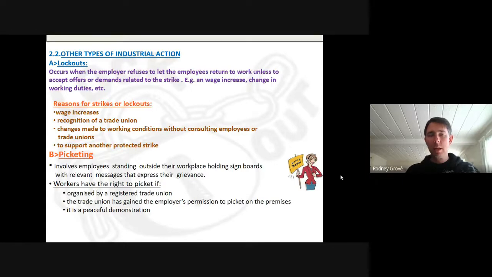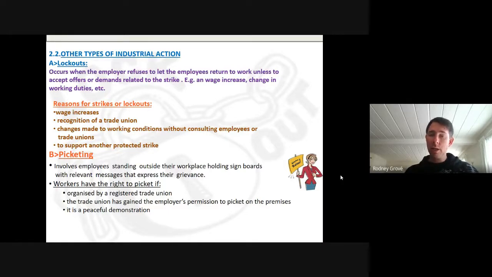Your strike is going to be for 5 days. Just be aware, when those 5 days are done, I'm going to be locking you out for another 5 days. And that can put pressure on the staff. You can say to them, for every day you're going on strike, I'm going to be doing a lockout. So if you go on strike for 2 days, I'm going to lock you out for another 2 days. And that puts pressure back on the employees now to give in to your demands, because the employee knows that